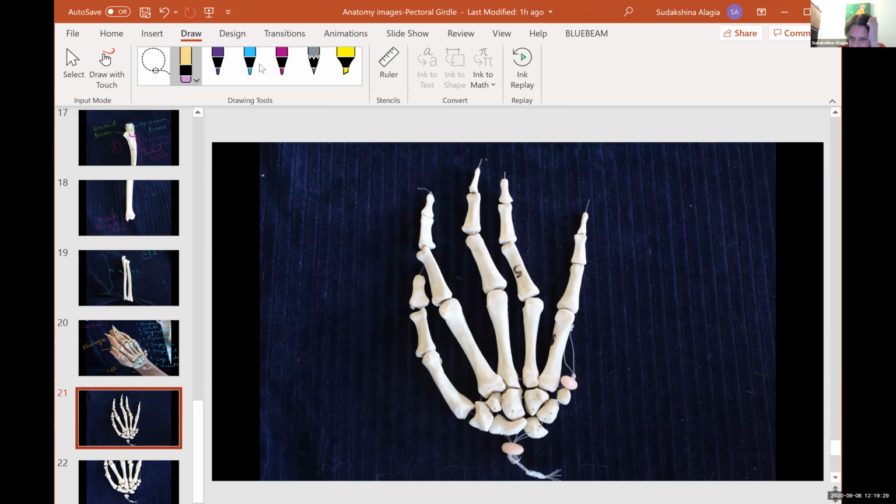That basically ends our pectoral girdle and the bones of the upper extremity. But that's good. Good figure. This is again just the same thing. And for this bone,